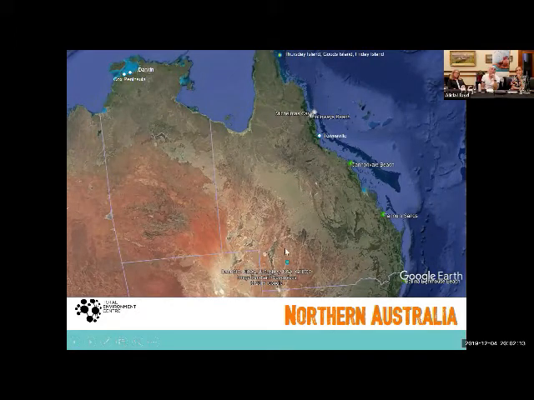So for the north, I think we've got Michael up in Gladstone present today, but we've got some data for the Queensland coast. It's generally low to very low. And so we're not finding as many hotspots, although we haven't done any around the southeast yet.